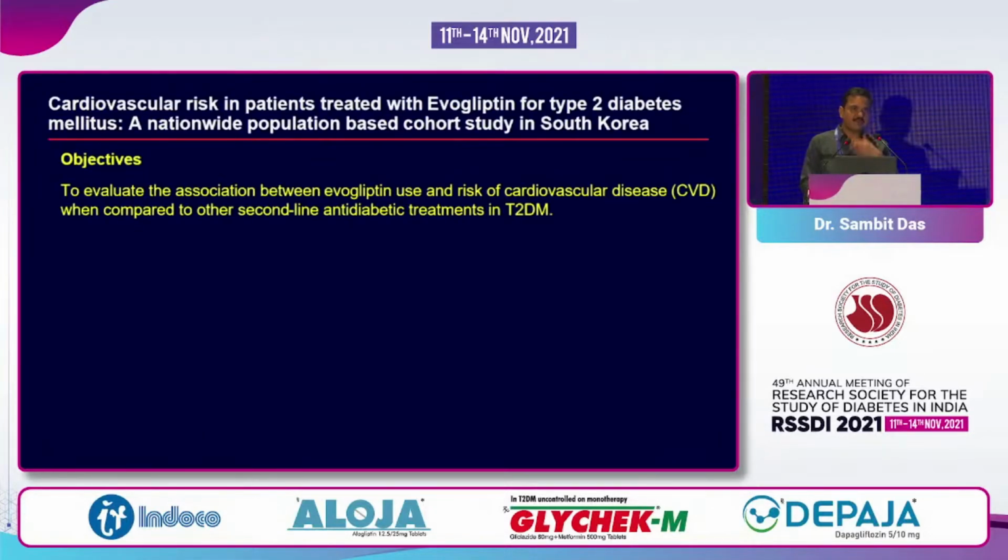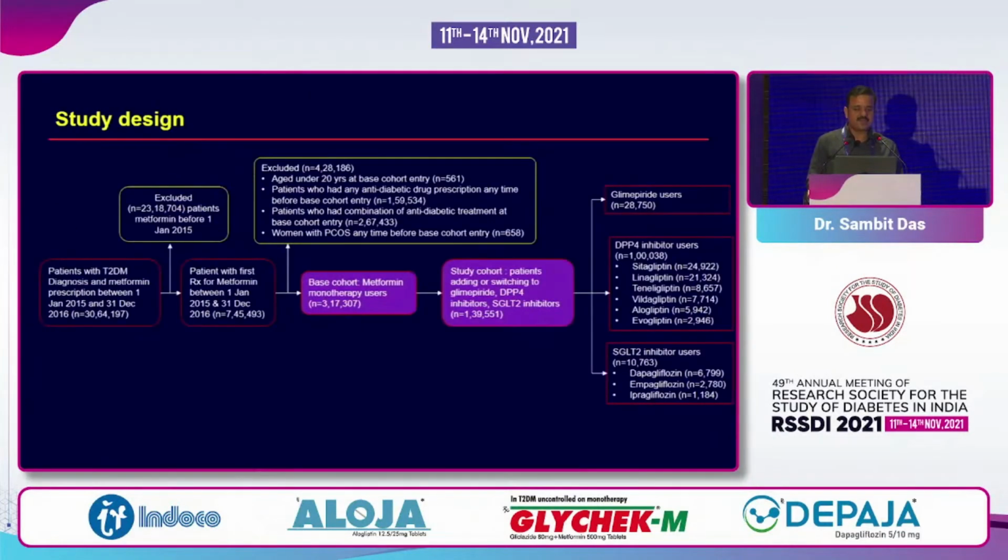Now, cardiovascular safety is always a concern because we have so many cardiovascular outcome trials with DP4, other DP4, and also with SGLT2 inhibitor. Though there is no dedicated cardiovascular outcome trial for Evogliptin, they have taken a Korean registry where a big chunk of patients, like 3 lakh patients who are on metformin, have been shifted to a second line of therapy